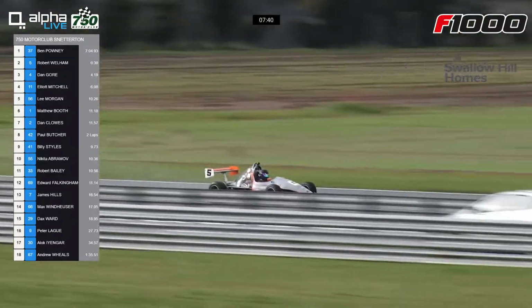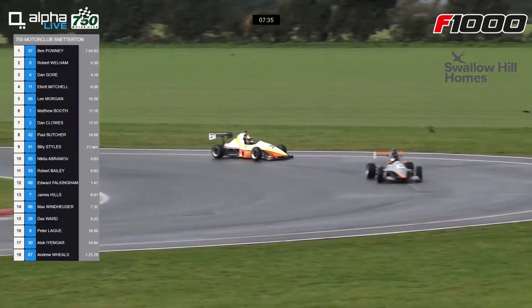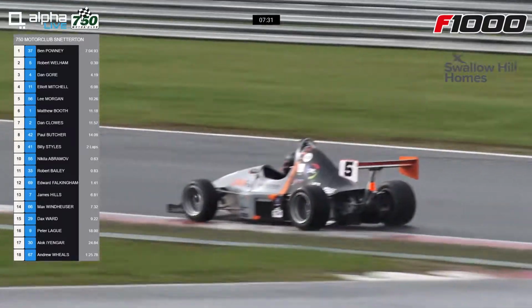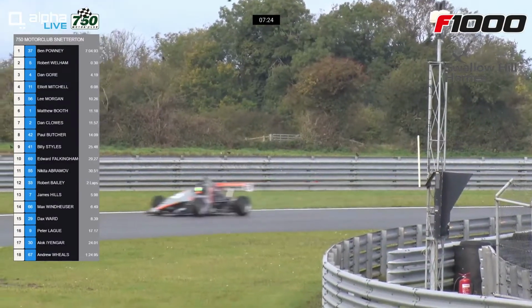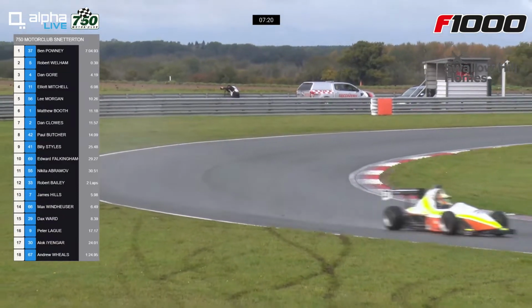2 minutes 16.16 from Wellham. That's 2 seconds faster than anybody else. The next quickest driver on circuit is Elliot Mitchell, so watch out for car number 11. He was quick in the dry yesterday, and he's proving to be pretty decent in the wet as well. And he's a couple of seconds behind Dan Gore. Dan Gore, though, is 4 seconds behind Ben Powney, who's there in second, who's already fallen some way behind the